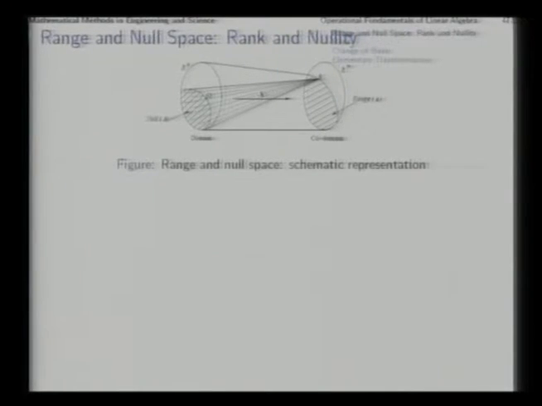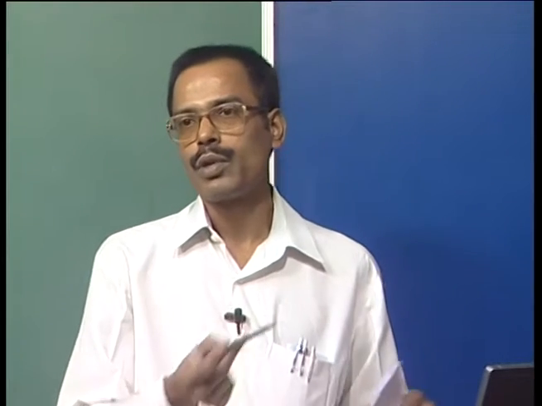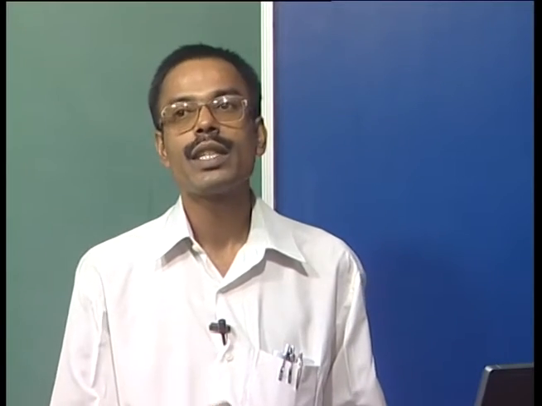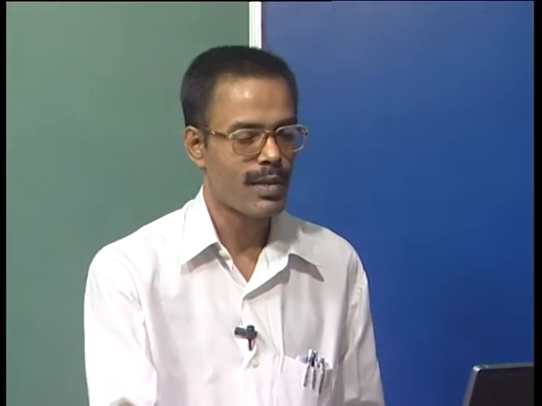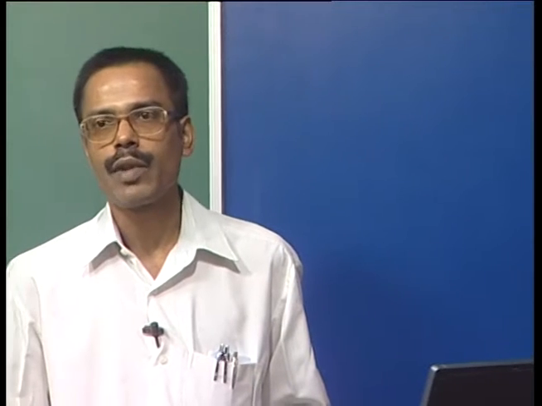So, we are talking about all these 4 vector spaces. So, we ask what is the dimension of the domain, and that is n. What is the dimension of the codomain, that is m. Then, to introduce rank and nullity, we ask another question which we should have asked by now, and that is: what is the dimension of a vector space?